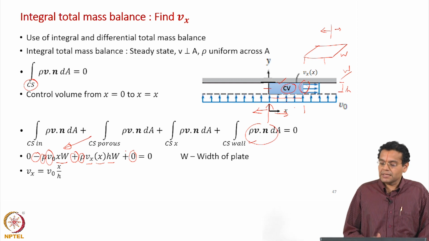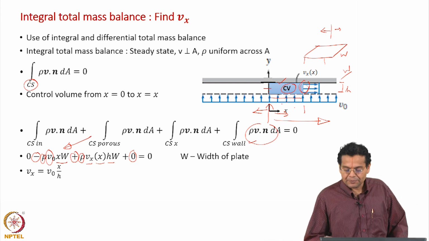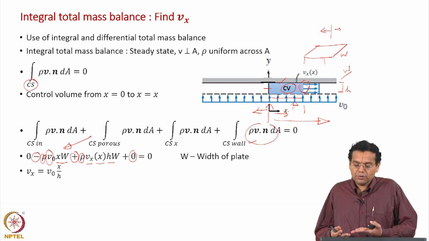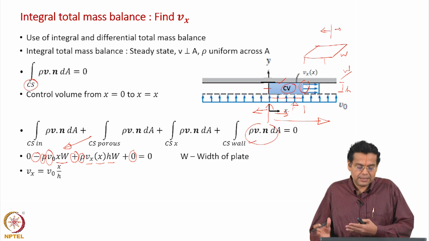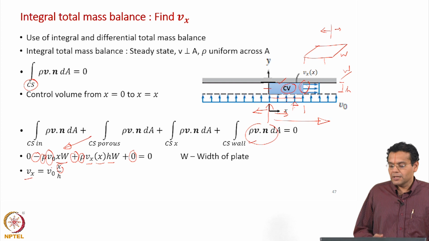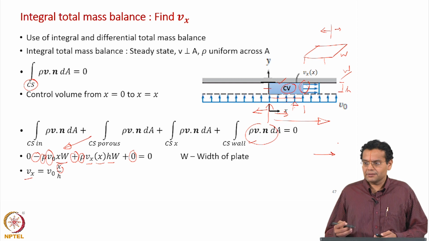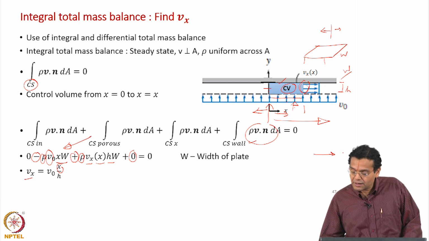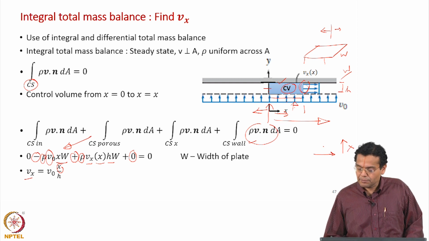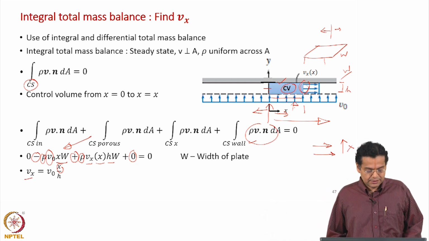So, the velocity increases along this direction. Why does it increase? There is flow from this surface. Whatever flow comes from the wall contributes to velocity along the x direction, hence velocity increases along the x direction given by this expression. So, this is a case where the velocity varies along the flow direction, just like in the last case, and it does not vary in the perpendicular direction. V x is not a function of y, but varies only in the x direction, increasing linearly with x.